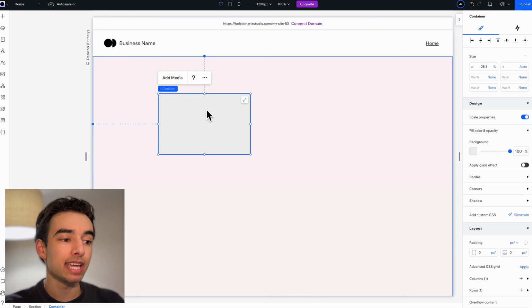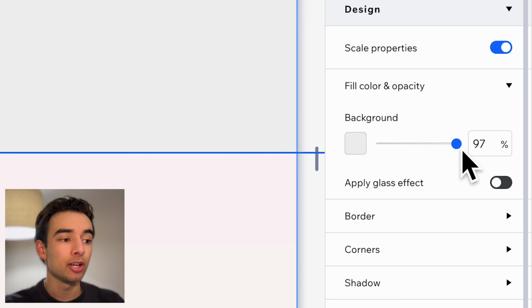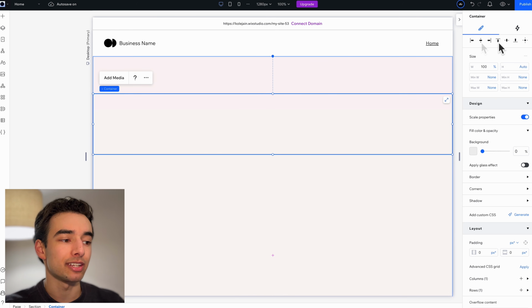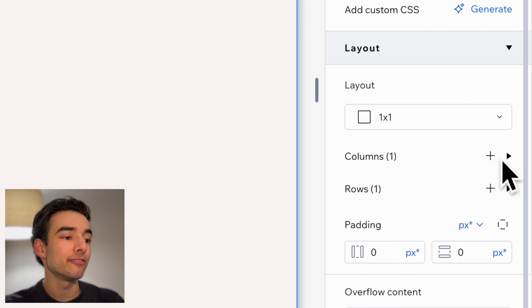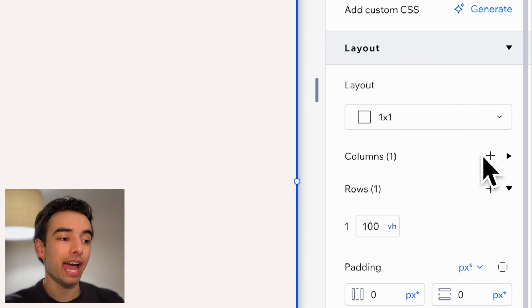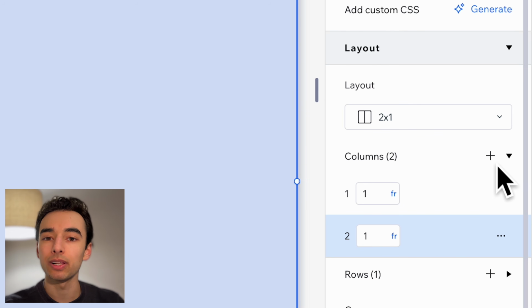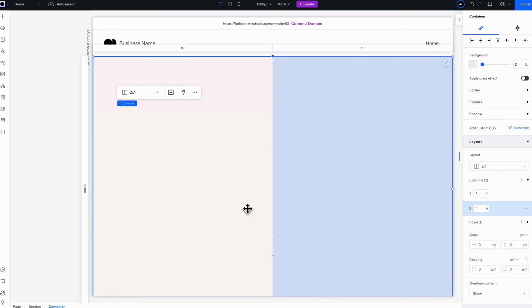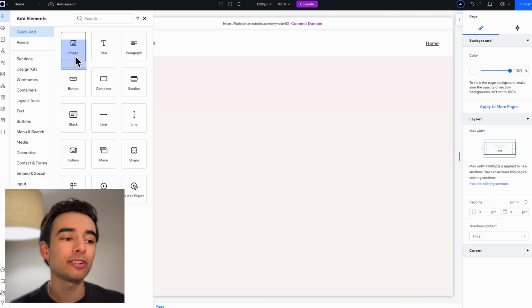Then let's drop in a container, setting the width to 100%, turn off the background, and dock to the center and top. Down here, let's turn on the advanced CSS grid and set the row height up to 100 viewport height, then add in another column so both are equal at 1 FR. That is all the grid setup that we need, so now in our container, I'm going to drop in an